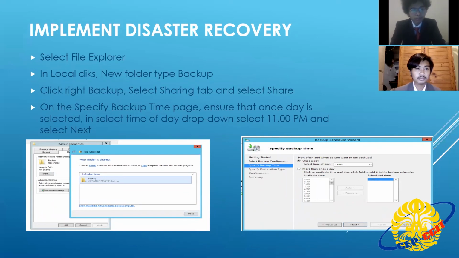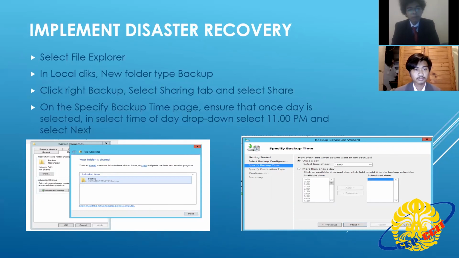Implement disaster recovery. Select File Explorer, in Local Disk, New Folder, type Backup. Right-click Backup, select Sharing, and select Share. On the Specify backup time page, ensure that Once a day is selected.